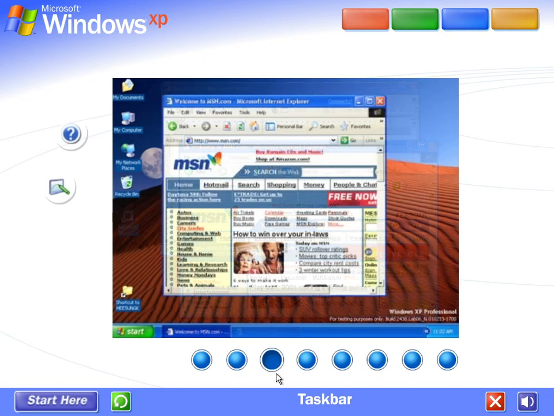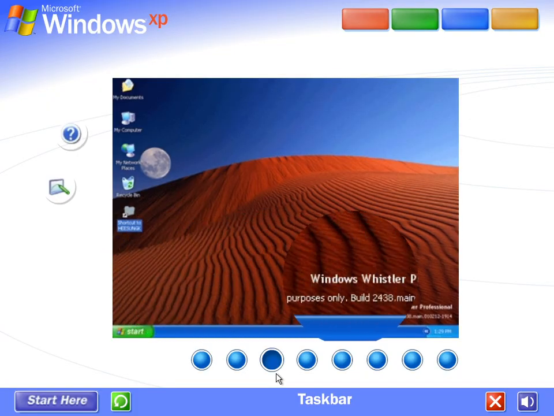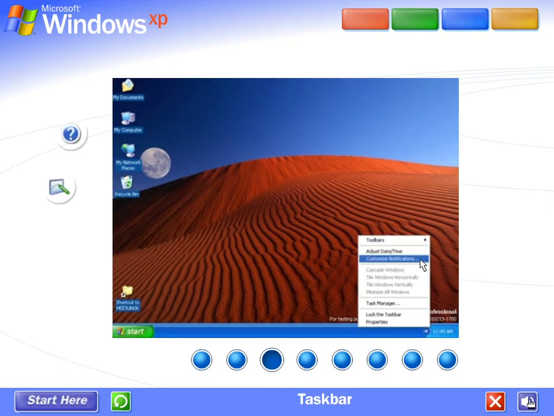Taskbar. Every time you open a window, a button representing it appears on the taskbar. The button gets brighter when you bring a window to the front, and it disappears when